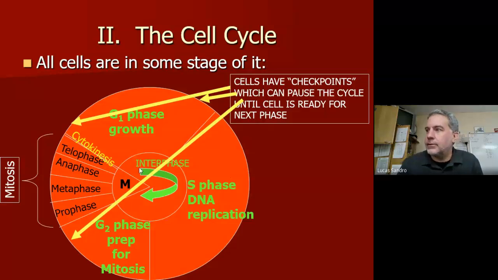That cell cycle consists of, of course, mitosis, but beyond that, when the cells come out of mitosis, they've got to grow, they've got to get back to normal size. That's G1 phase. They've got to copy their DNA to prepare for another mitotic division. That's S phase. And then G2 is making more cell parts and growing a little bit more in preparation for the next mitosis. Then mitosis has the phases prophase, metaphase, anaphase, and telophase, with the end of it being cytokinesis. So we're going to look at each of those phases today, kind of what they look like, and then I'm going to have you go hunting on the internet for photos of those actual phases